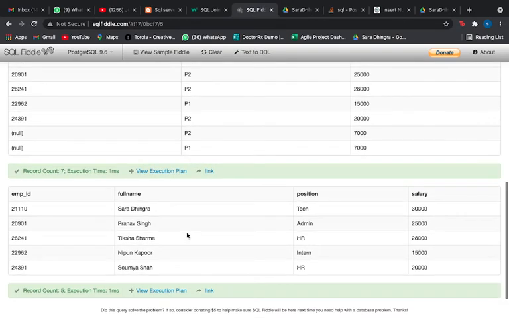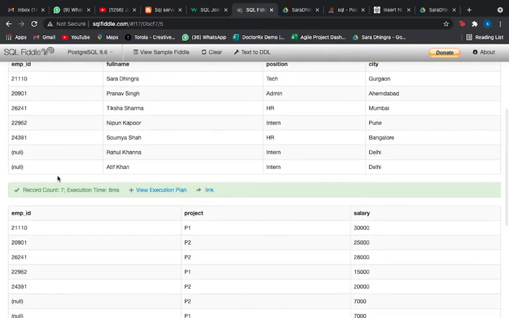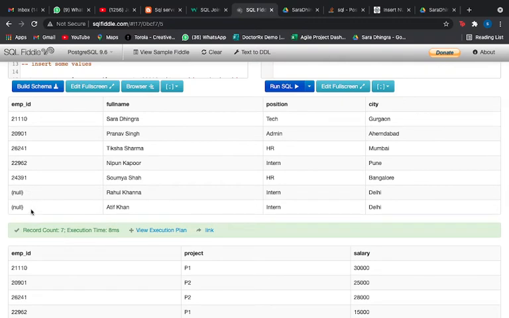The answer is very easy. Whenever we are doing inner join, it doesn't pick up null values. So as you see, the employer ID is null here. These two tuples are having null values. Whenever you do an inner join, it is not going to fetch you the null values.